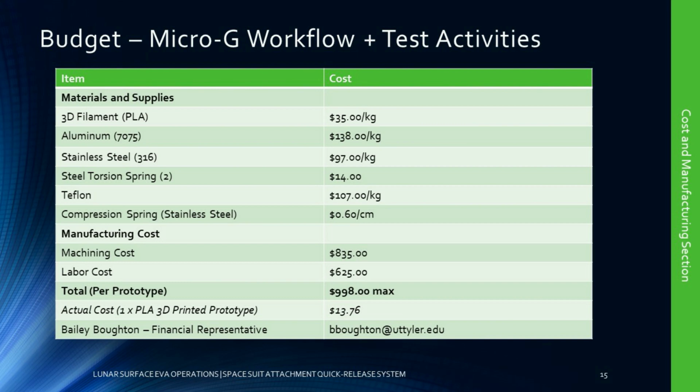Things like the cost of polylactic acid. And so what is shown is the total cost per unit kilogram of these materials. External to these materials, we also have certain mechanisms or certain elements in our design, things like steel torsion springs or perhaps compression springs, and so the cost of those need to also be considered. After printing one of our prototypes, we used the total mass of PLA that was utilized in order to price out the total cost. And so what is presented here is a minimum cost of $13.76 for printing of a